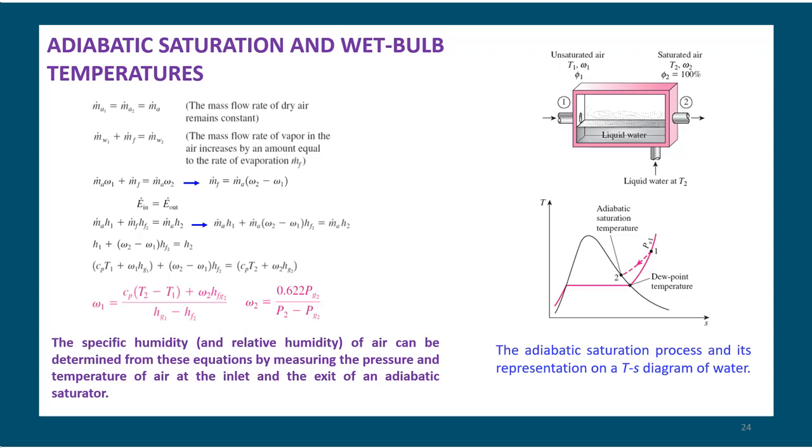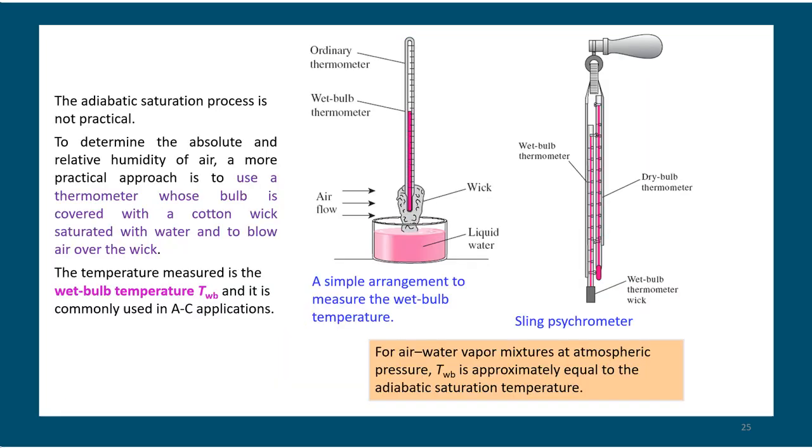A sling psychrometer is an experimental device which is mainly used to measure the dry bulb temperature as well as the wet bulb temperature of the atmospheric air, which tells us what humidity is present in it. All the calculation can be done once we measure wet bulb temperature and dry bulb temperature. We can make use of the psychrometric chart and determine all the thermodynamic parameters that are required for an air water